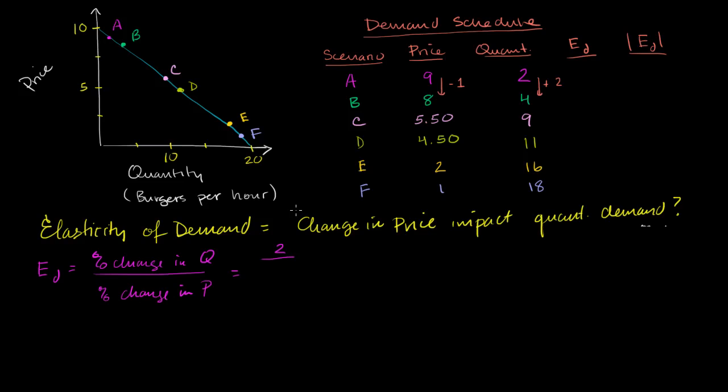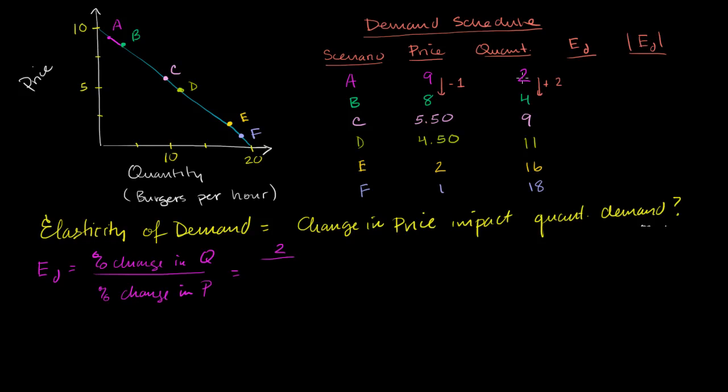Now, in traditional terms, and this is what I want to clarify, it's a little bit unusual in how we do it, but we do it so that we get the same elasticity of demand whether we go from A to B or B to A, or essentially the same elasticity of demand along this whole part of the curve. Instead of just dividing the change in quantity by our starting point, I'm going to divide the change in quantity by the average of our starting and ending points. So that's going to be 2 over, and I'll do the math explicitly.